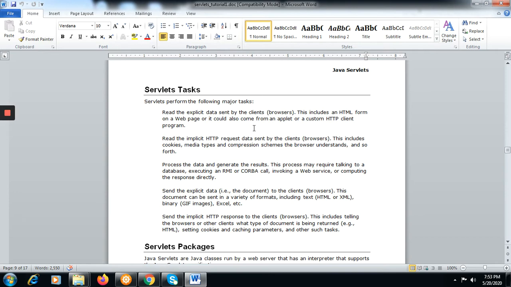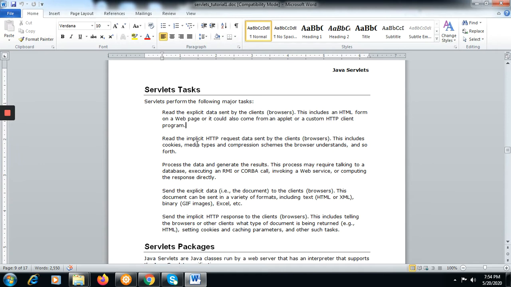If you are using the POST method, the data will not be available in the URL. It will go inside, through the HTTP protocol. This includes the HTML form and web page, and also requests that come from applets or custom HTTP clients. So there can be multiple clients. I already told you there can be an applet, which is a Swing-based application, or any other Java client. You can also send a request to a server from plain Java code. But here we are just talking about the web browser, so think about the web browser at this starting point.